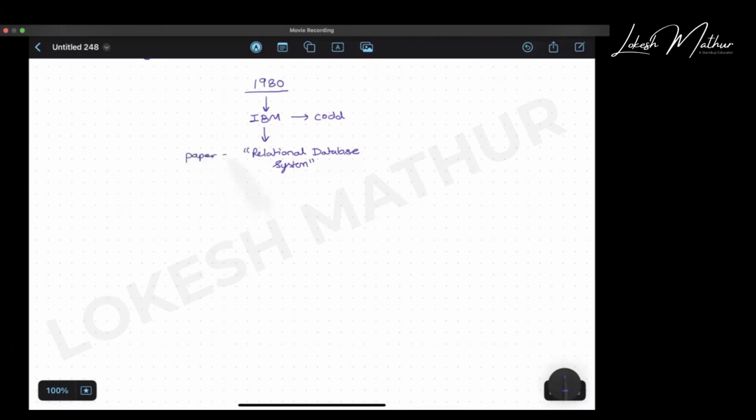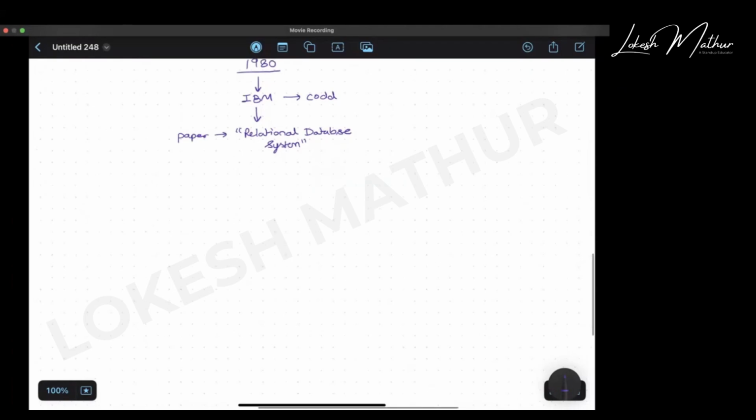Now, Oracle was the first company who picked up this paper and started implementing it, started creating the system. They created a system and named it RDBMS. RDBMS stands for Relational Database Management System.